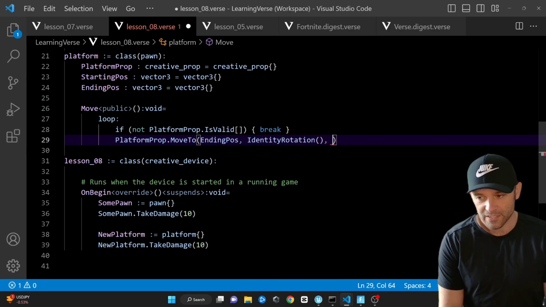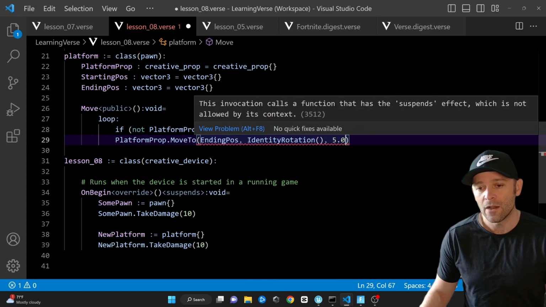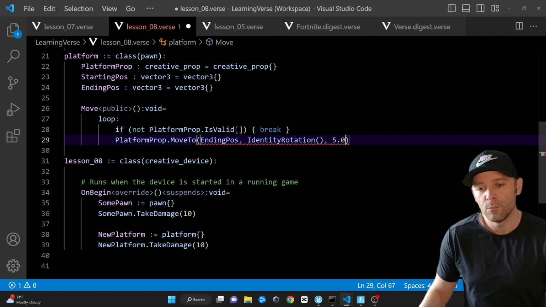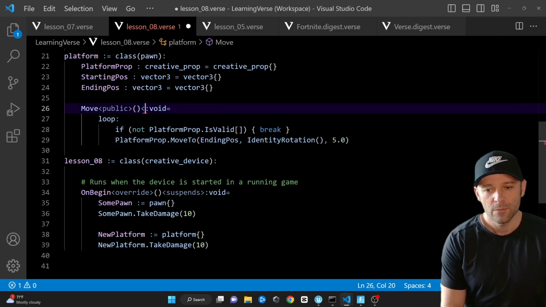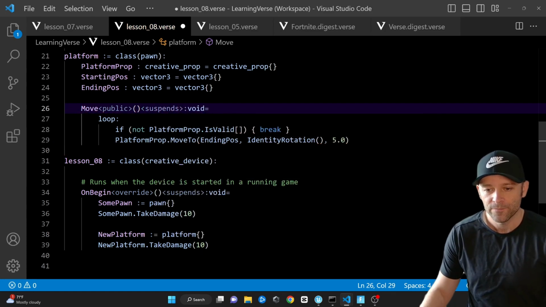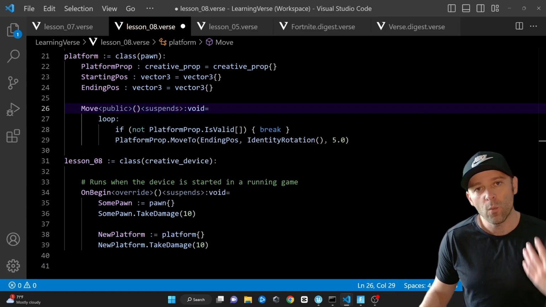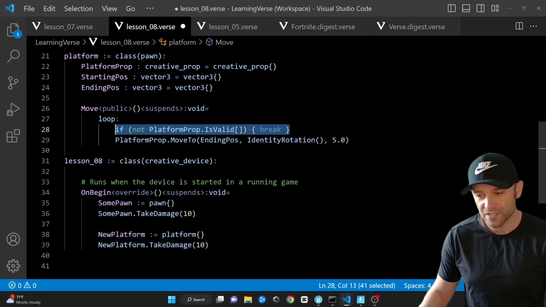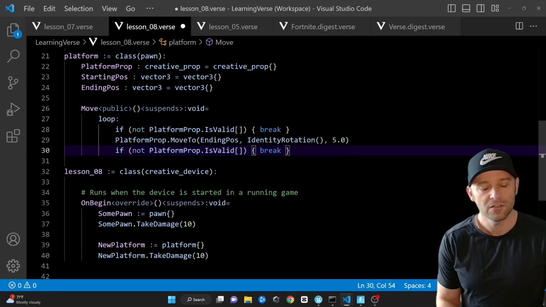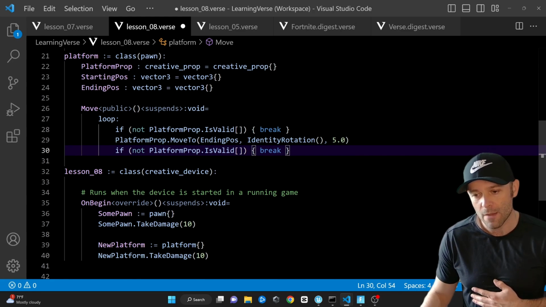And then we're going to put in a time. Now, it's yelling at us because move to suspend your program or kind of freezes it. So we're going to put suspends right here so it'll pause and wait as needed. And now I want to move it back. We'll keep this real simple. Because 5 seconds is a long time and our prop could be destroyed, I'm going to copy and paste the